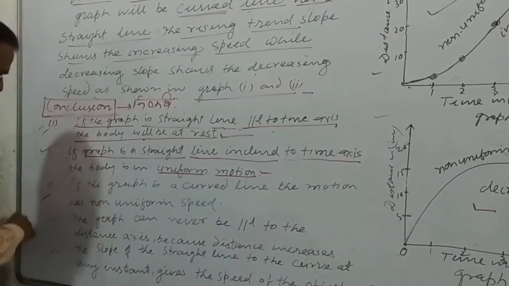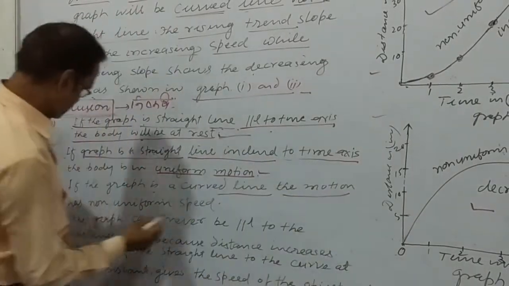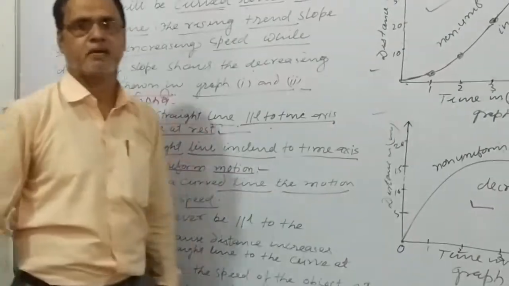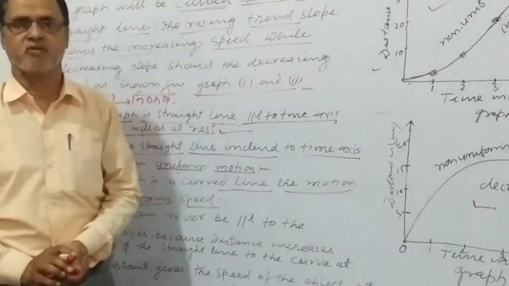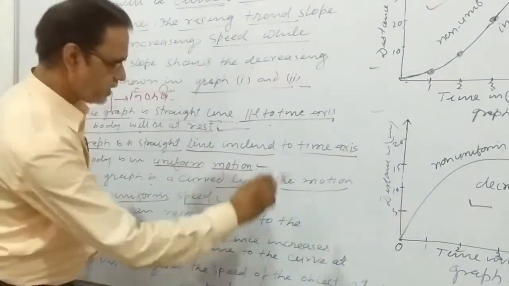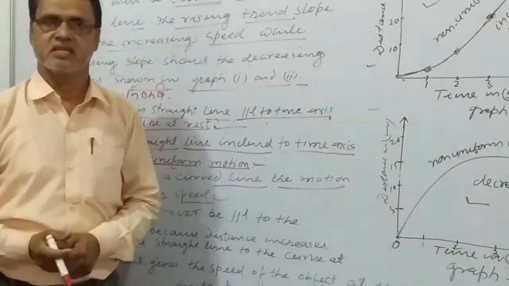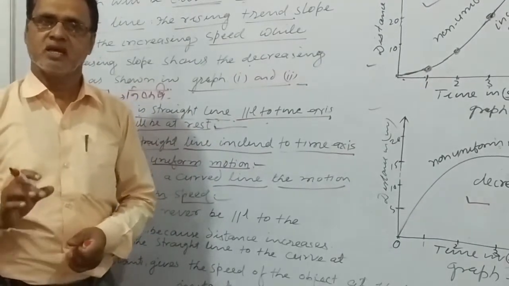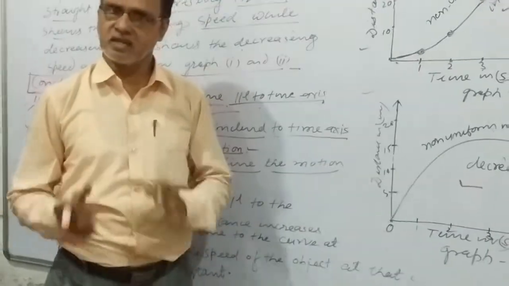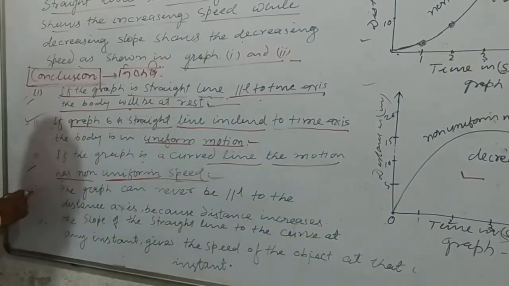Now third conclusion, if the graph is a curved line, then the motion has non-uniform speed. यदि ग्राफ कर्व लाइन प्राप्त होता है, if we get the graph of a curved line, then it has non-uniform speed, अनयूनिफॉर्म स्पीड, तो बॉडी का स्पीड कैसा होगा? नॉन यूनिफॉर्म, मींस इट डज नॉट कवर इक्वल डिस्टेंस इन इक्वल इंटरवल ऑफ टाइम, इट कवर्स अनइक्वल डिस्टेंस इन इक्वल इंटरवल ऑफ टाइम, या इक्वल डिस्टेंस इन अनइक्वल इंटरवल ऑफ टाइम, दैट इज कॉल्ड नॉन यूनिफॉर्म स्पीड।